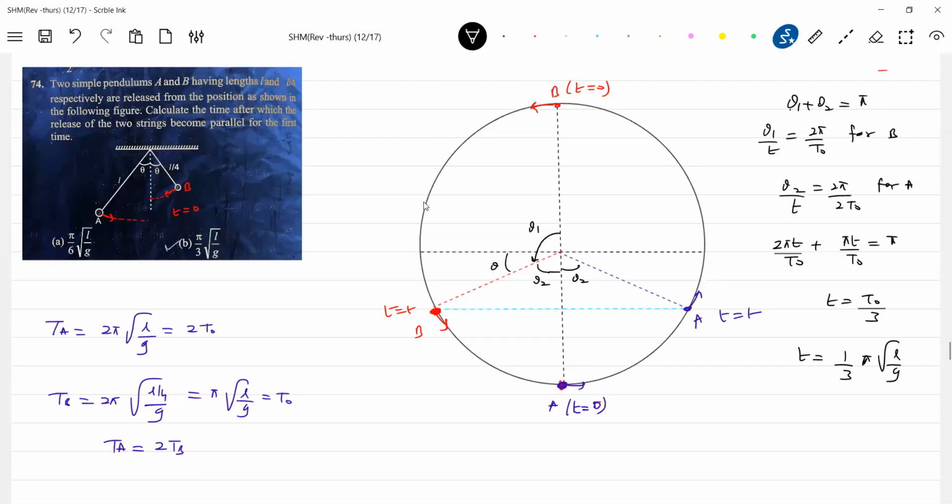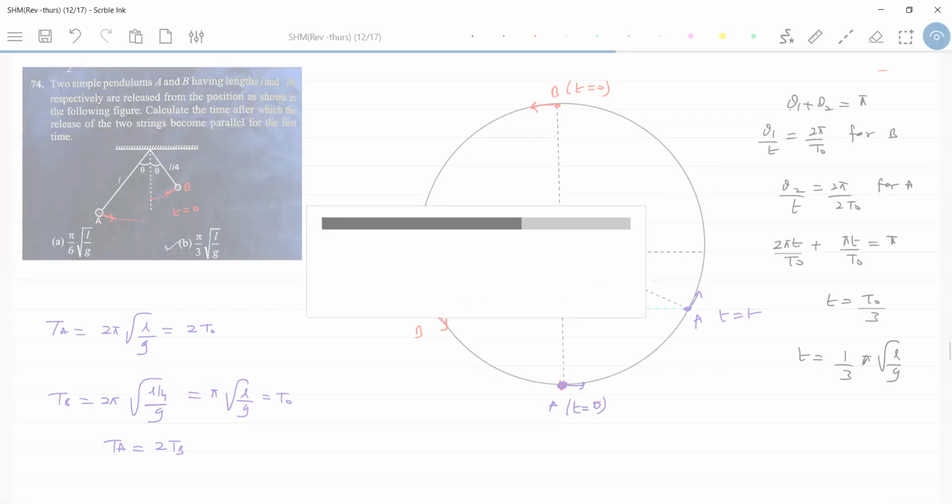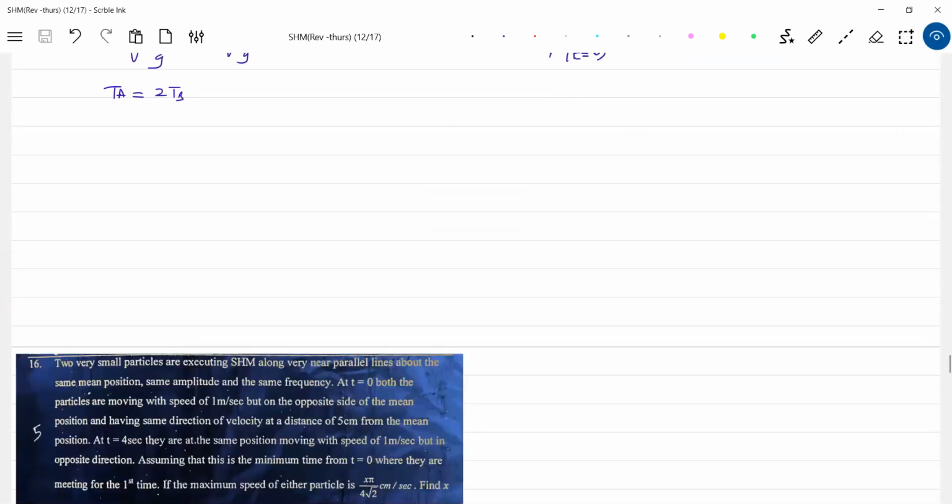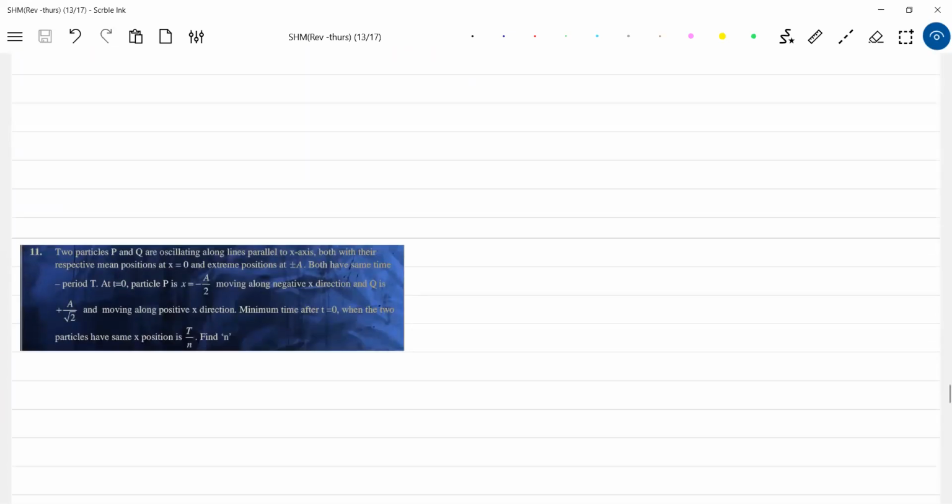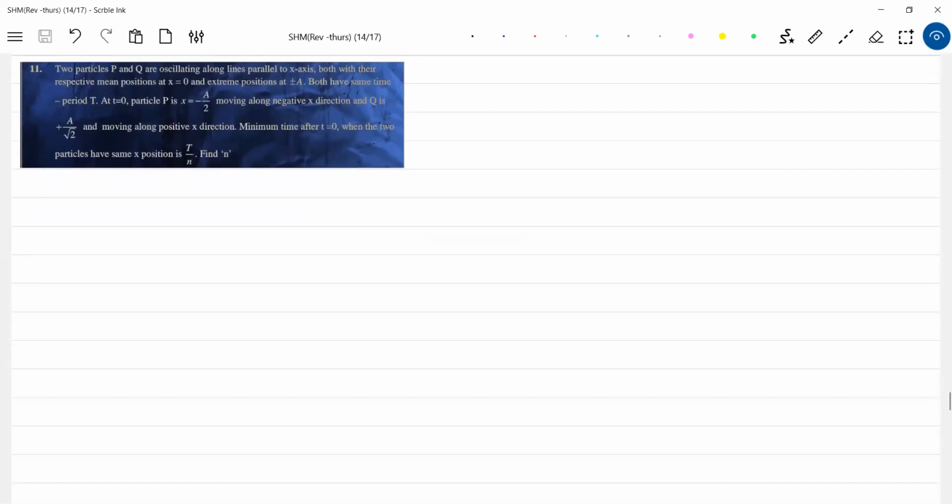If you have any other method, you can try it. I felt the graphical method will be much easier. You can solve the problem in a very simplified way. So B will swing, so will they meet at equilibrium? We don't know. Again, will they meet exactly when the strings become vertical? That has to be verified afterwards. Okay, got the idea? Okay, this is about the pendulums. Last, one more we will go for. You can try this. Let me do this one, the 11th one.